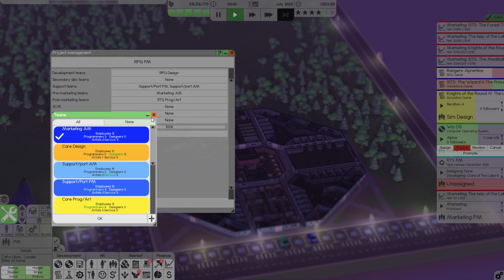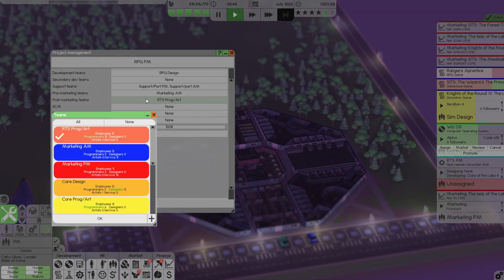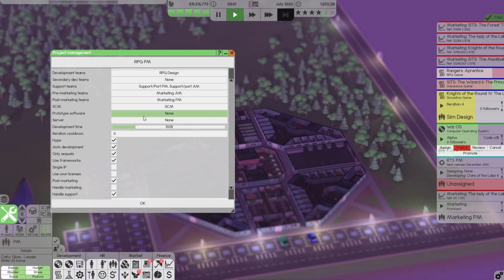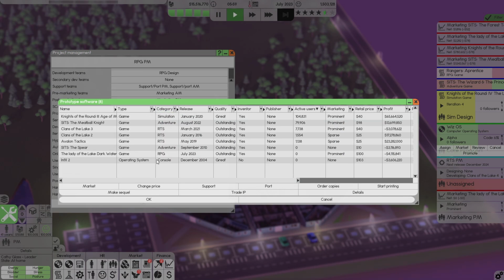Pre-marketing is marketing AM. Post-marketing is not you, it's marketing PM. SCM is SCM. Prototype software. Server distribution. I don't think. Oh, yes, there is. Okay, it's